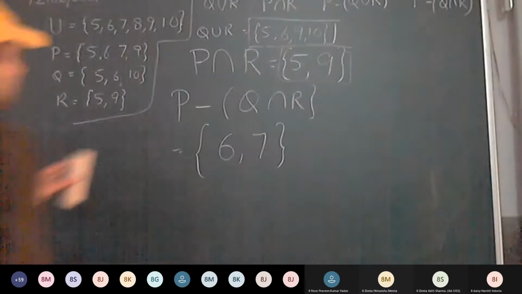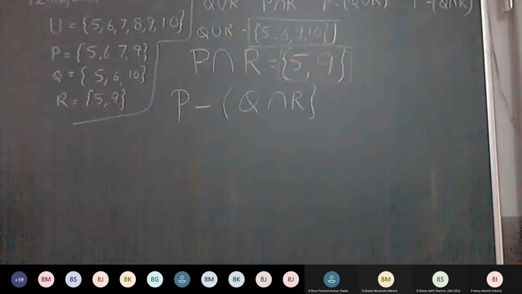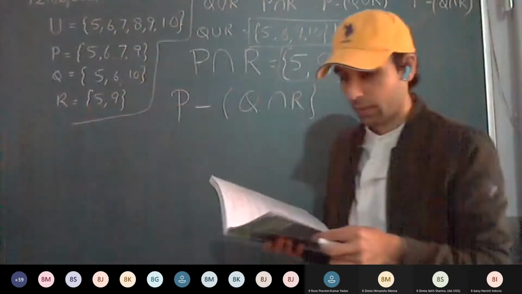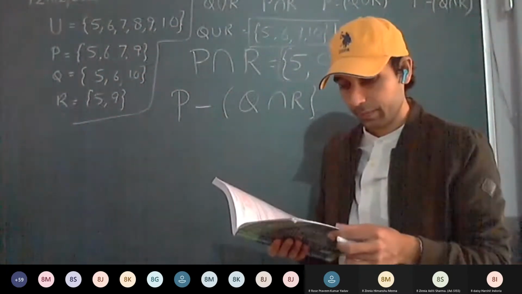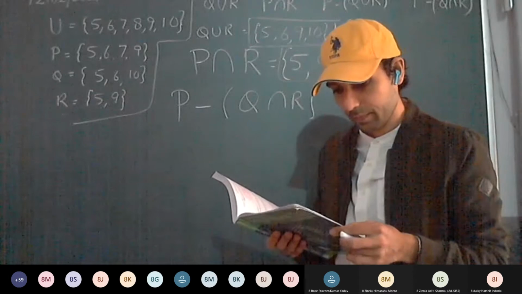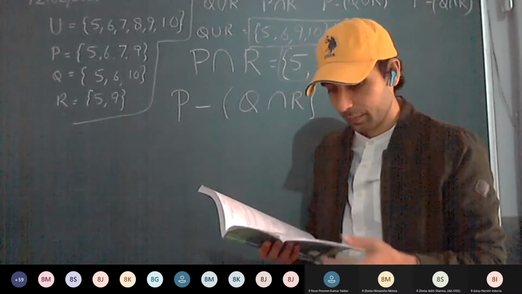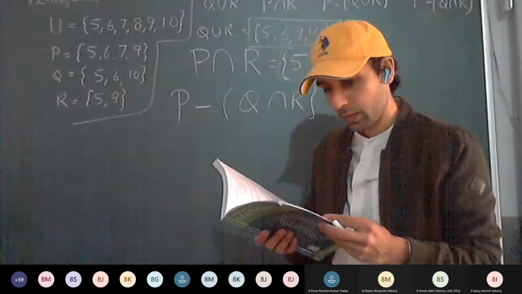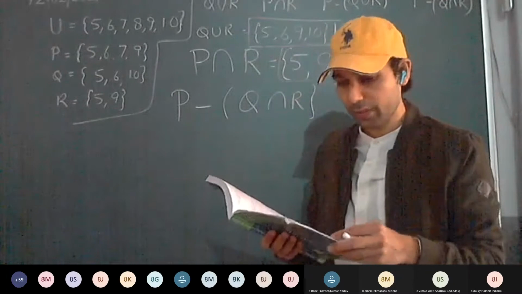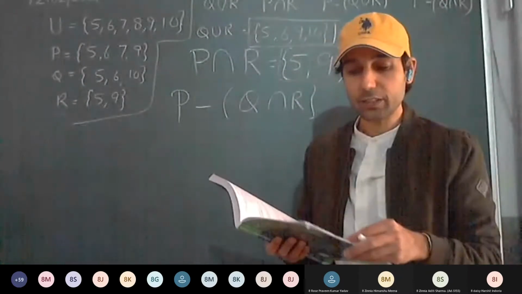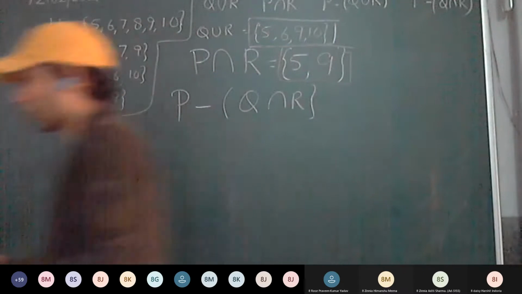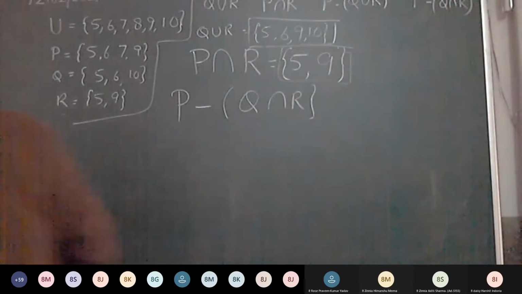Okay, third one, do it yourself. Third one will be verifying as well. Okay, third one you do as homework. Let's do the fourth one. Third one is easy, you can do it as homework. So before that, let's discuss something for the third and fourth.